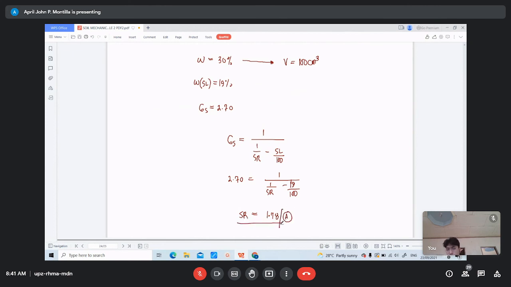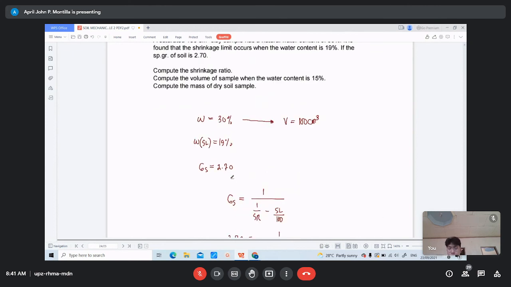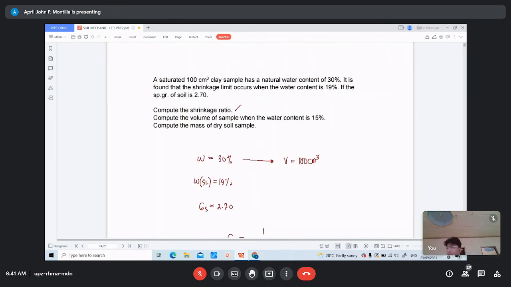Pag meron kayong shrinkage ratio, nadagdagan na. Hindi na lang apat yung binigay, meron na kayong 5 parameters. Ngayon, how can you compute the value of... Ay, yun na pala. Ayan, kuha na pala yung shrinkage ratio. Now, compute the